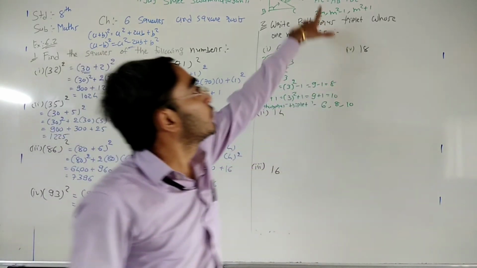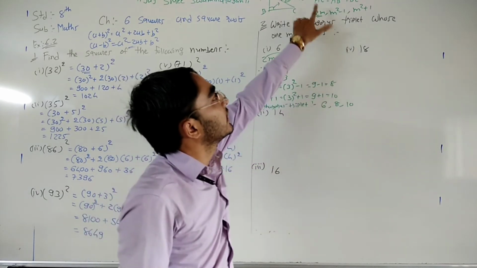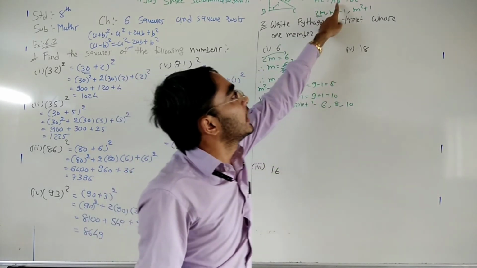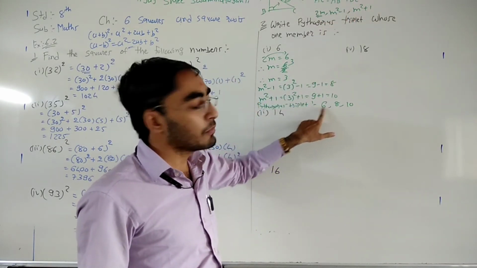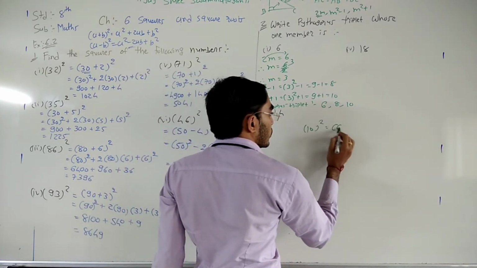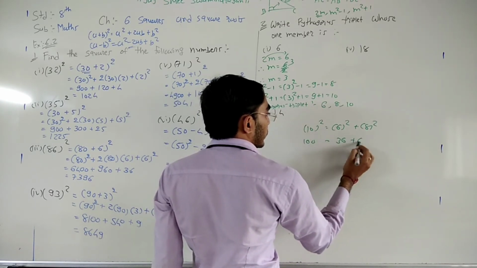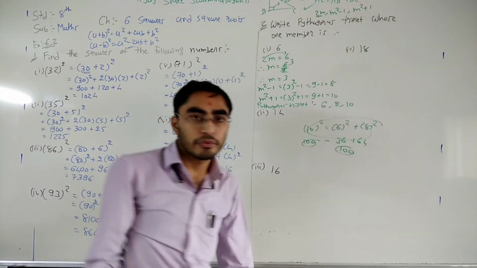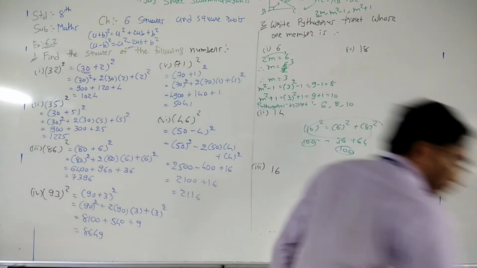Now this triplet follows the rule. The hypotenuse is the biggest side. So the biggest side is 10, and 10 square is 100. Now find the sum of the squares: 8 square is 64 plus 6 square is 36. 64 plus 36 is 100. That means 10 square is equal to 6 square plus 8 square. This is 100, 36 plus 64 is 100. So the rule is followed. Okay, so we can find the other 2 sides in this way.